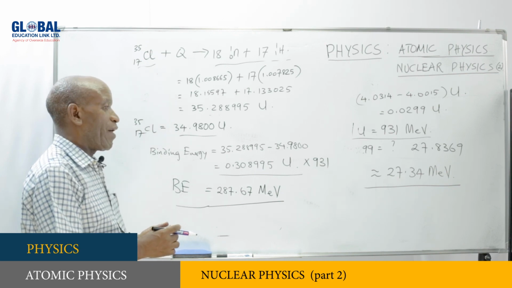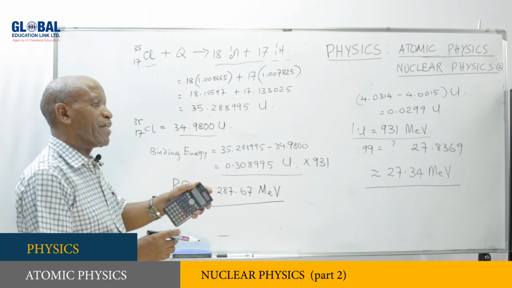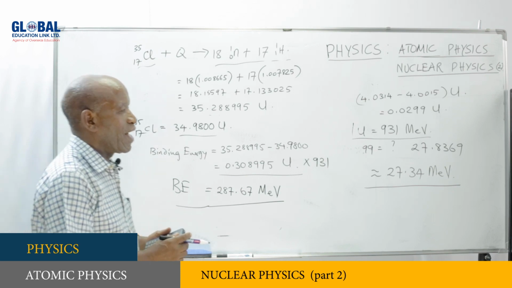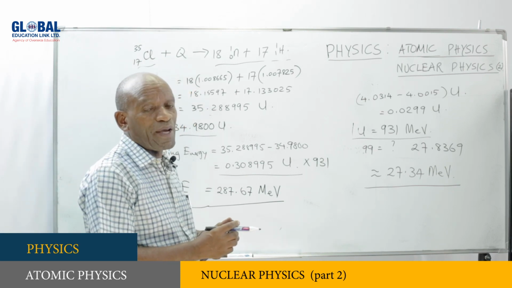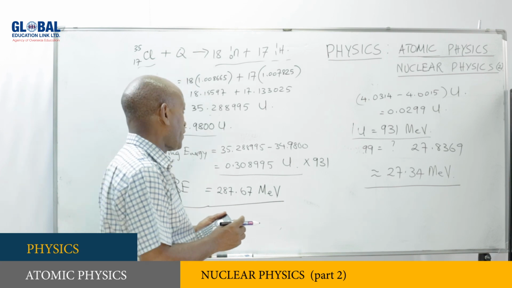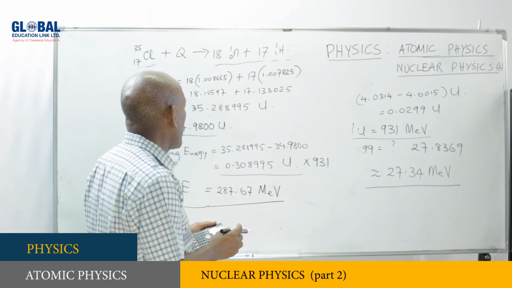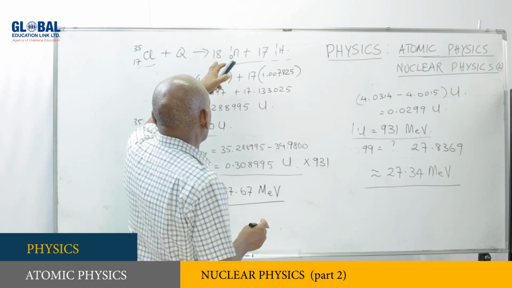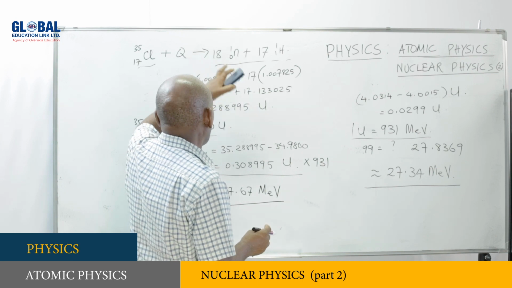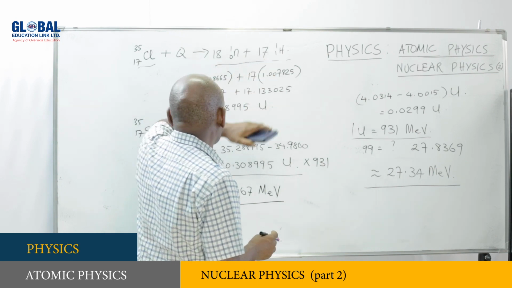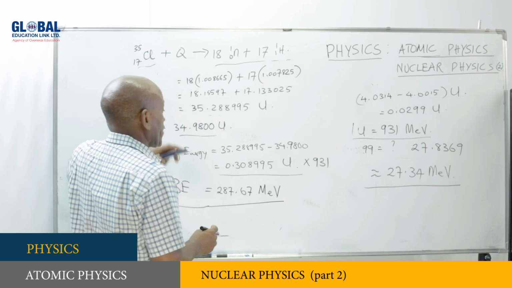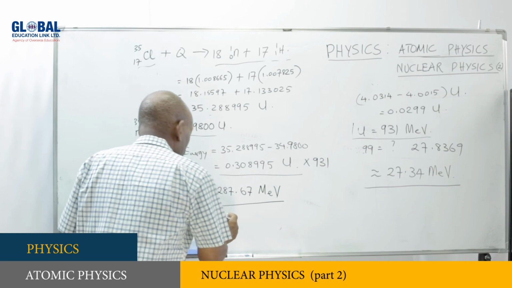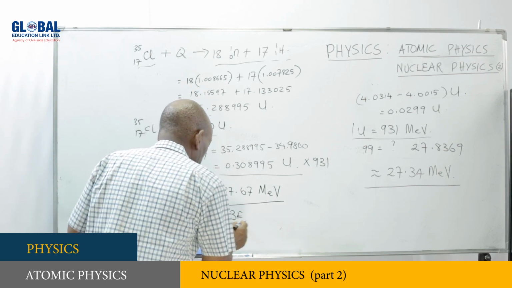And our question says we need to determine the binding energy per nucleon. Now, the nucleon is composed of protons and the neutrons. And there we are having 18 neutrons and 17 protons. That is, we are having 35 nucleons. So to determine the binding energy per nucleon,